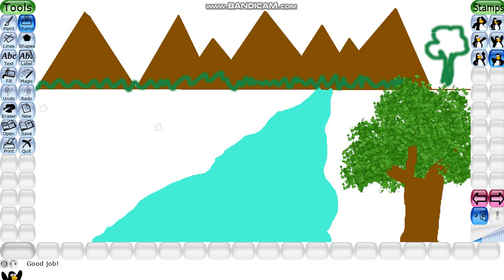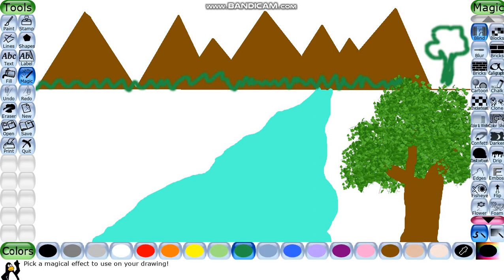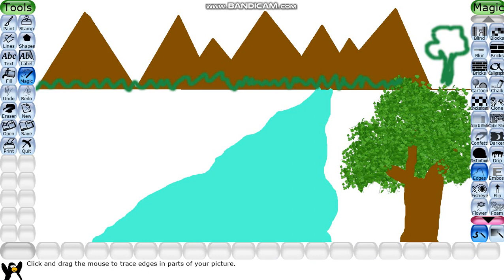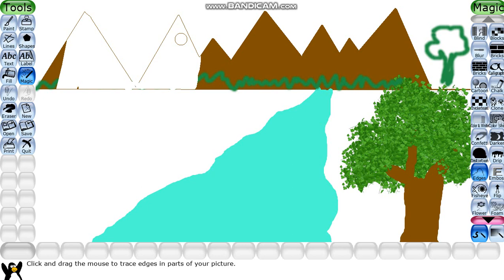Next tool is the edges effect tool. The edges effect tool is used if you want to see the lines only, the edges only, the corners. For that you can use the edges effect. It will erase everything else and just show you the edges only. Like I am showing you here where I have drawn these mountains, so I'm applying this effect here. You can see I'm just erasing it, and you can see only edges. In the landscape that we drew, wherever there are edges it will show them, and the remaining things it will remove. This is the use of the edges tool.